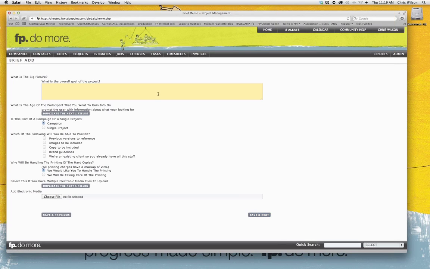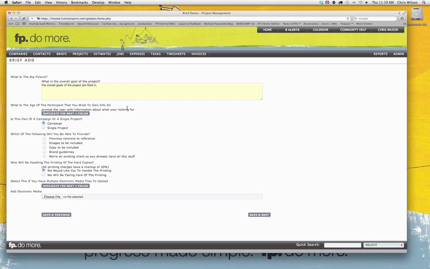The initial field is showing itself in this orange background. That is telling us that this is a required field. The overall goals are filled in, really looking for the user to put in information that's relative to the question being asked.